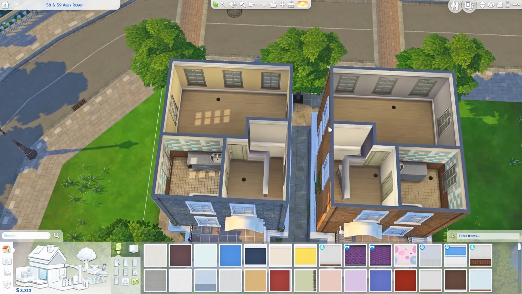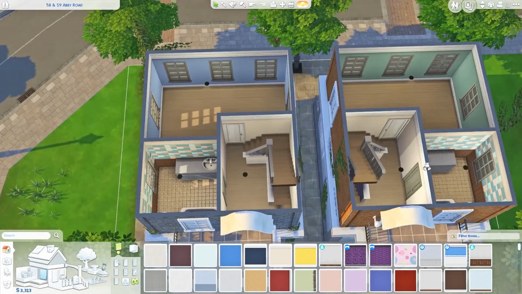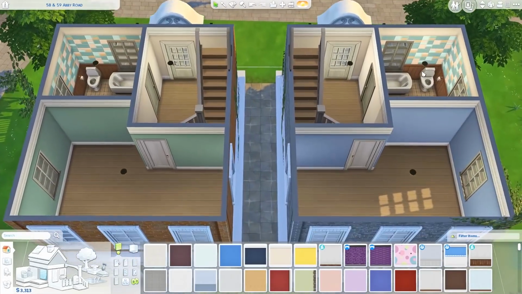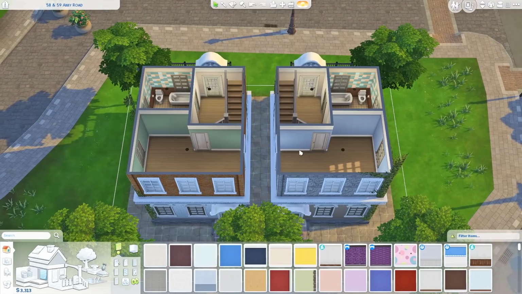But yeah, so they each have a bedroom up here on the very top level and then another one down here. Same layout, same shape for each of the houses, and same bathroom tile. Literally, I wanted them to look like they were supposed to be together. That way if you move in, you could customize it to your own Sim and change